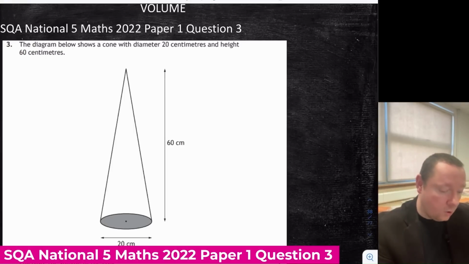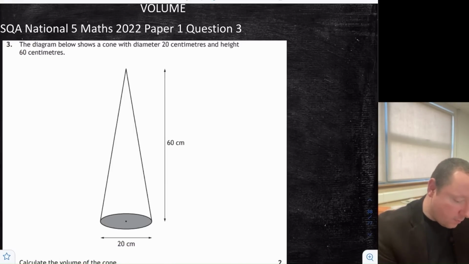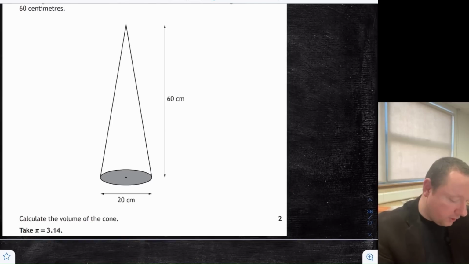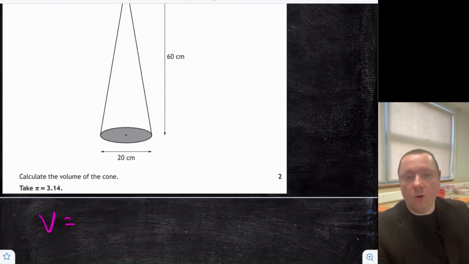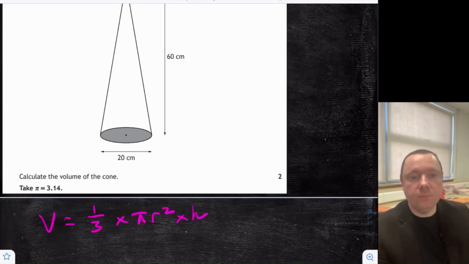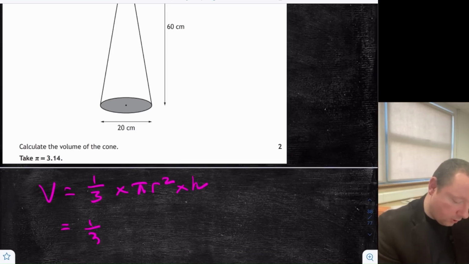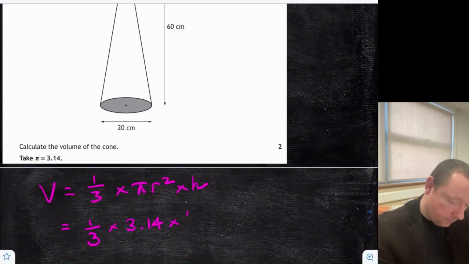2022, paper 1, question 3, paper 1, non-calculator for a change. It says, the diagram below shows a cone with diameter 20 and a height of 60. Calculate the volume, take pi as 3.14. Well, first thing we do is write down the volume of a cone, which is 1/3 times pi r squared times h. Okay, so substituting everything in, that's 1/3 times 3.14 times r is 10, half the diameter, and the